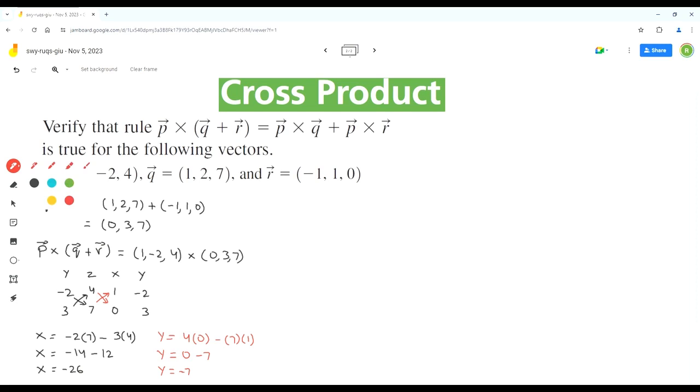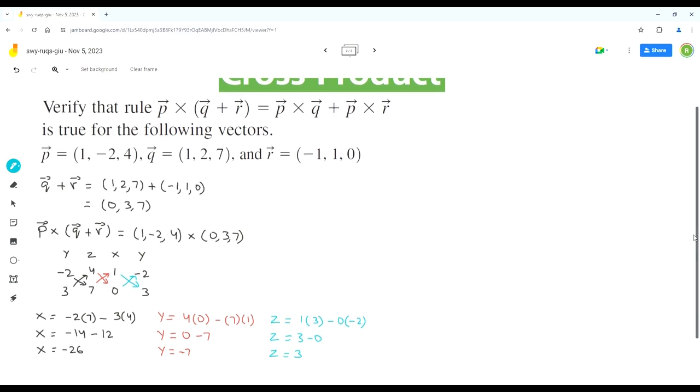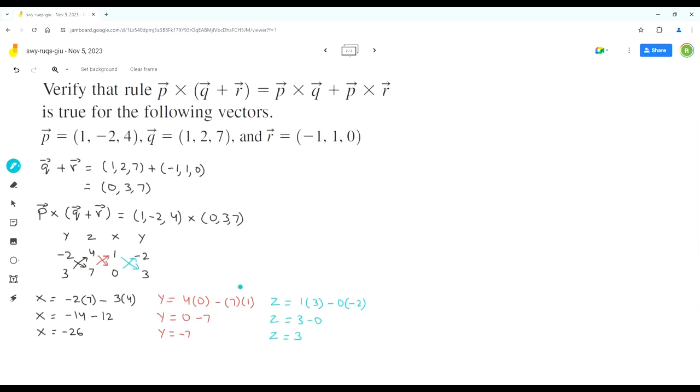Now we can find the z component. So z is equal to 3. So the result we get for the left side of the rule equation is the vector